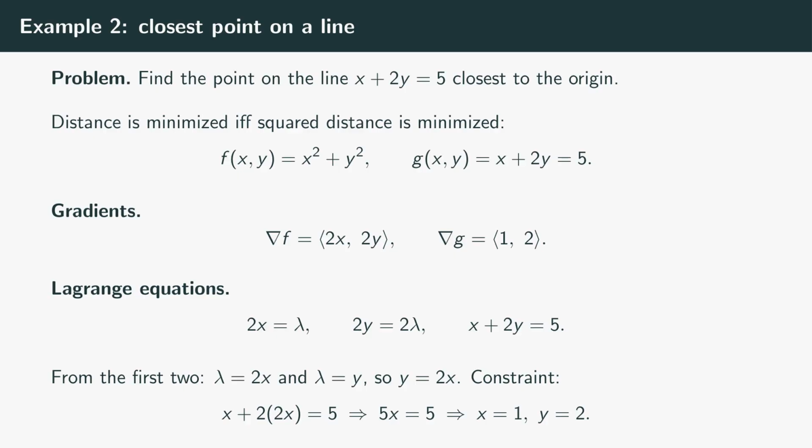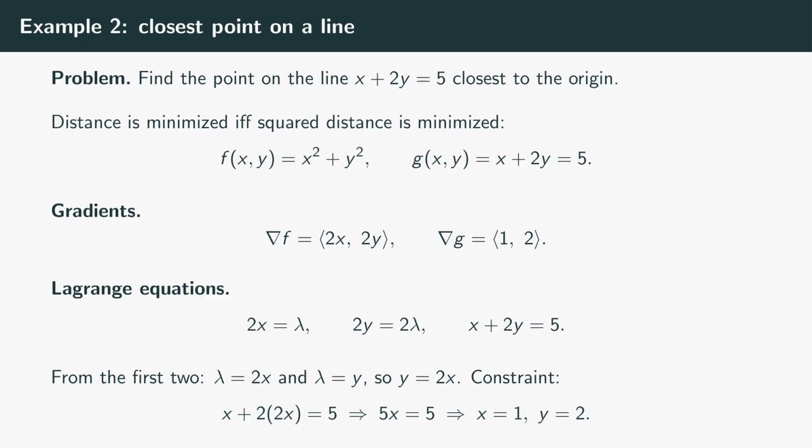Gradients: the gradient of f is the vector with components 2x and 2y. The gradient of g is the vector with components 1 and 2. The constraint gradient is constant because g is linear. The Lagrange equations, the gradient of f equals lambda times the gradient of g, give 2x equals lambda and 2y equals 2 lambda, so lambda equals 2x and lambda equals y. Set them equal, y equals 2x. Plug into the constraint: x plus 2 times 2x, which is 5x, equals 5,